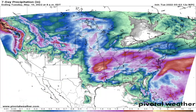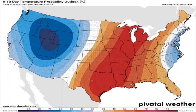But in general, over the next 7 days, several inches of rain can be expected from the southern and central plains into the mid Missouri Valley, getting into the southern Great Lakes, on the order of 1 to 3-plus inches. And we are looking at the 6 to 10 day